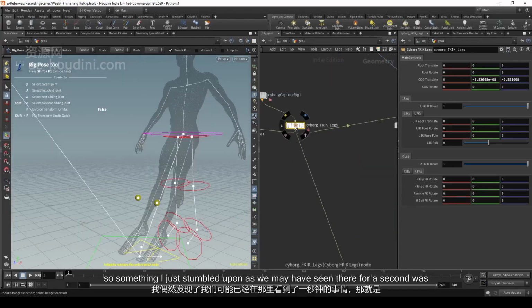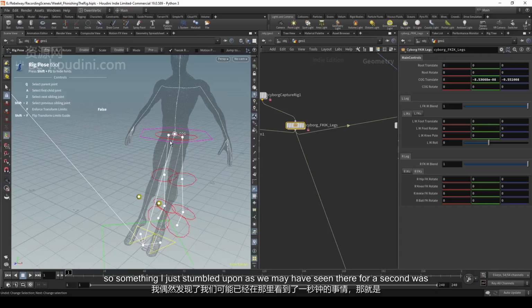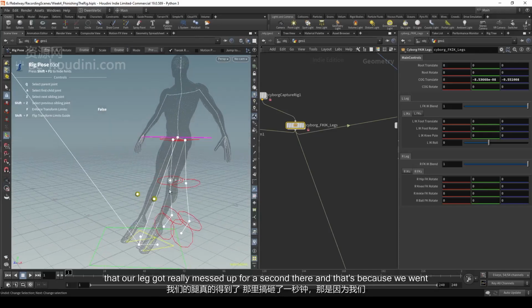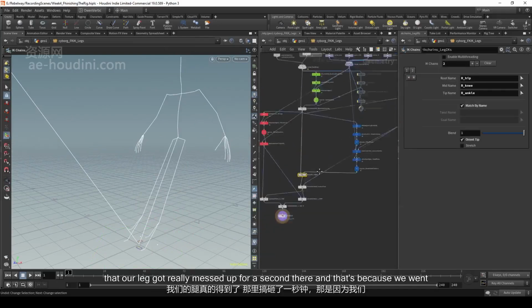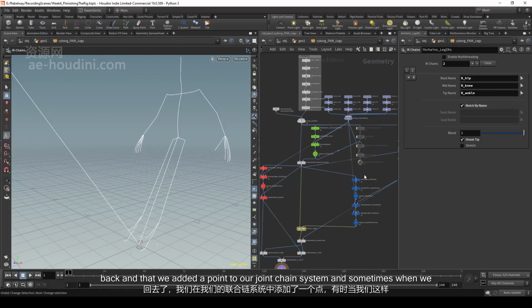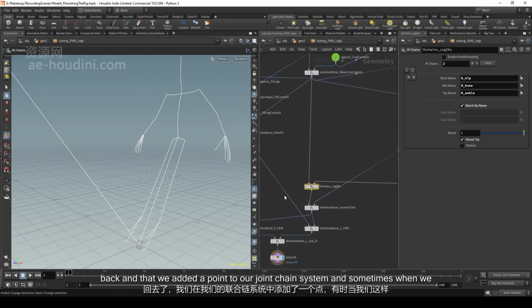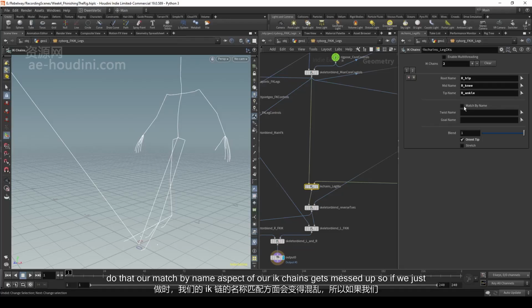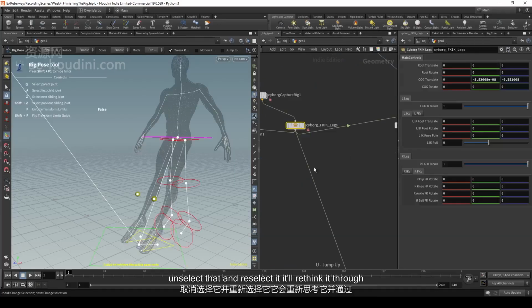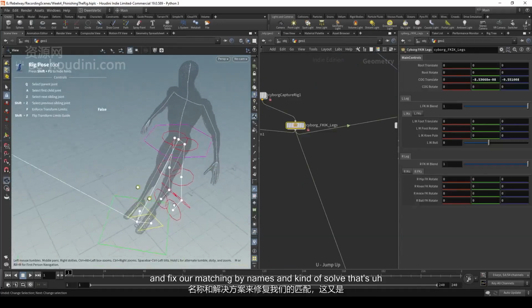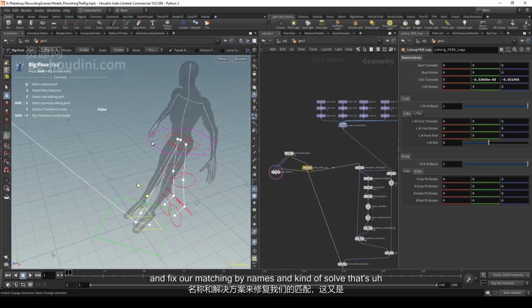So something I just stumbled upon, as we may have seen there for a second, was that our leg got really messed up for a second there. And that's because we went back and we added a point to our joint chain system. And sometimes when we do that, our match by name aspect of our IK chains gets messed up. So if we just unselect that and reselect it, it'll rethink it through and fix our matching by names and kind of solve that